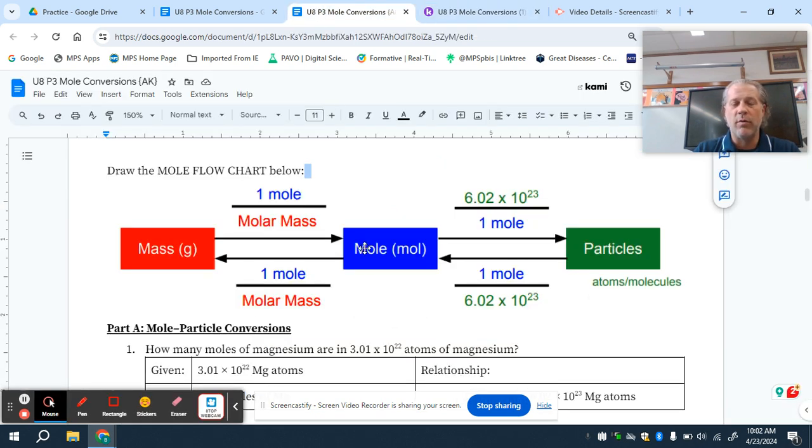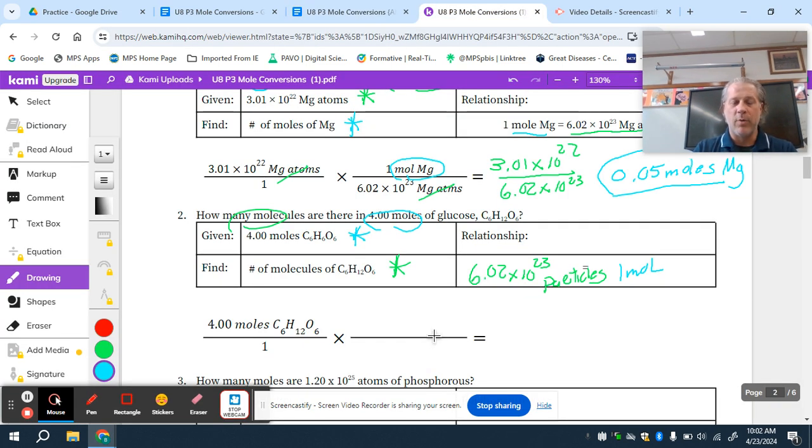So if I go back to the mole flow chart, again, we're starting at moles this time and we're working our way to particles this time. So when I go from moles to particles, I need to have my math set up this way, where 6.02 times 10 to the 23rd is on top and 1 mole is on the bottom. So I'm going to do that right here. So I'm going to put my 1 mole